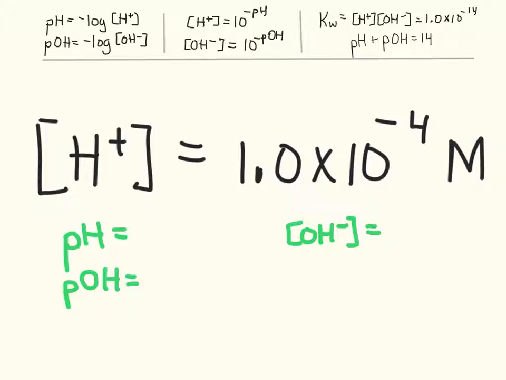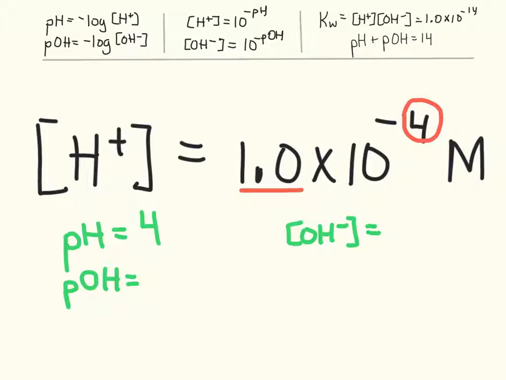Suppose you're given a hydrogen ion concentration of 1.0 times 10 to the negative 4th molar. If you plug that into your calculator using the equation for pH, take the negative log of that, you will find that the pH equals 4. A little helpful hint here: whenever the hydrogen ion concentration starts with 1.0, the pH is going to be strictly what the exponent is, because the log of this number is the exponent of 10,